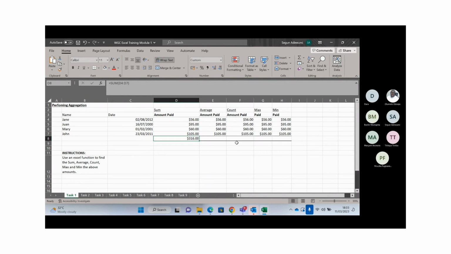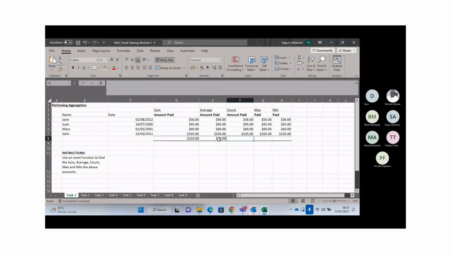So everything still works. So the next thing is to do average. I don't know the shortcut to that one other than to write average. And then you highlight everything up to this point and you get the average. Do you understand that, Miriam? Yes, sir. Okay, so if you want to do counts,